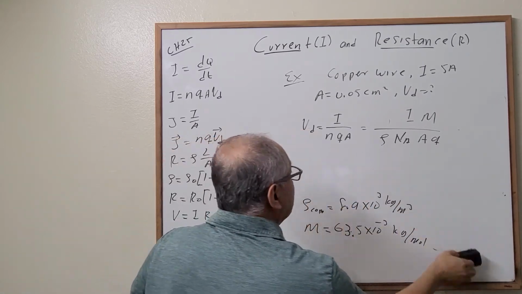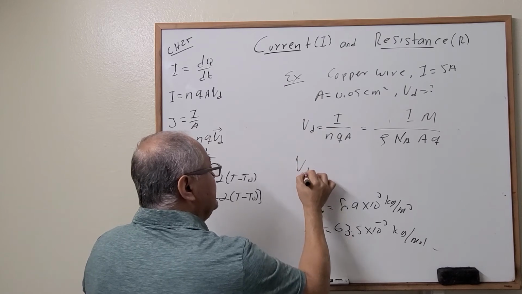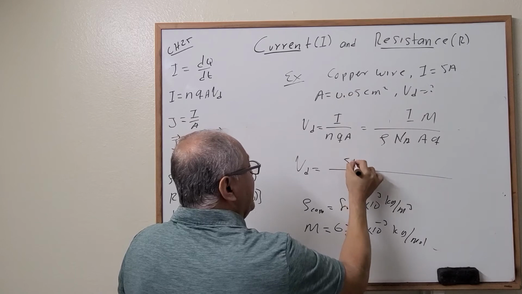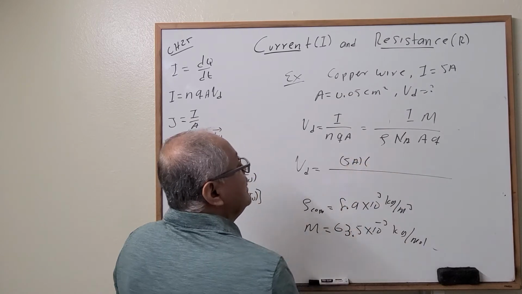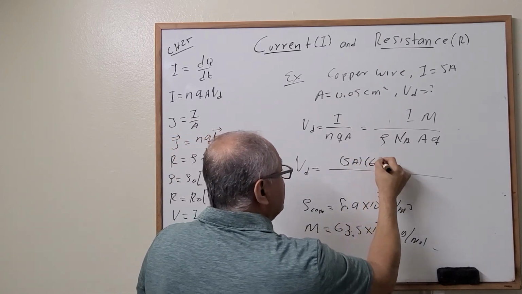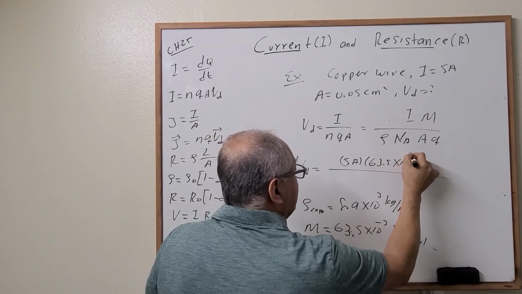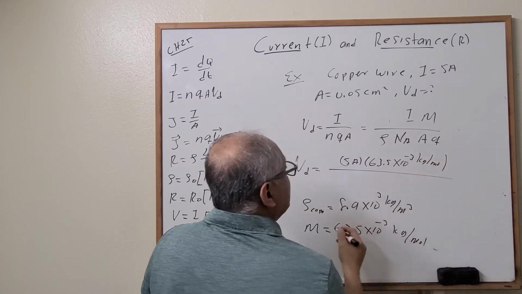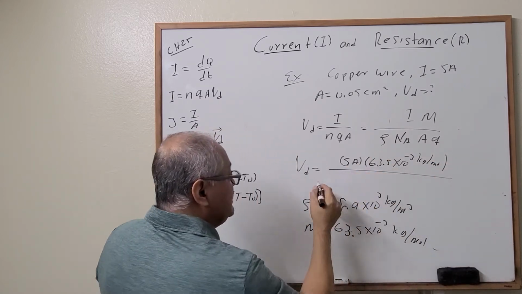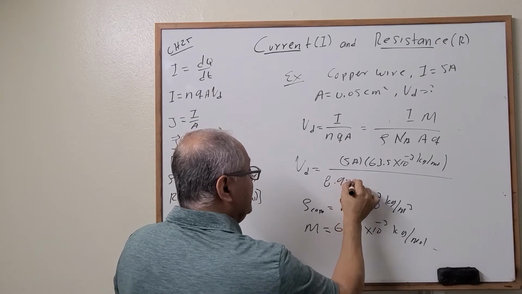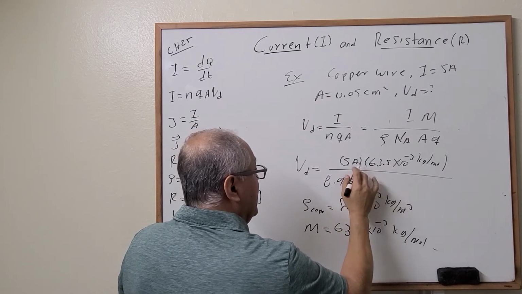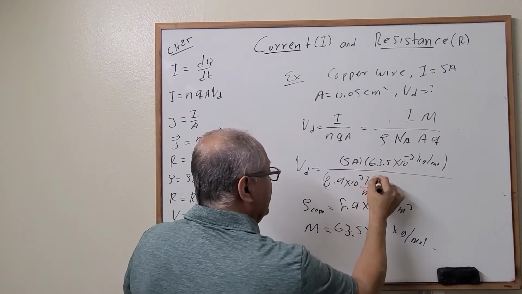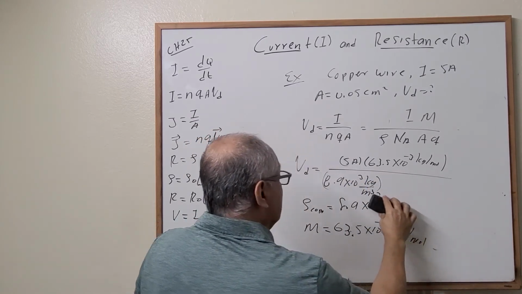Correct? And, well, let's substitute the values and see what we have. What is the answer for this particular example? The drift velocity is equal to, what is the current? The current is given, it is 5 amps, right? What is the molar mass? Well, it's given: 63.5 times 10 to the minus 3 kilograms per mole. Divided by density. What is density? 8.9 times 10 to the third, correct, kilograms per cubic meter. Yes. And then times Avogadro's number,